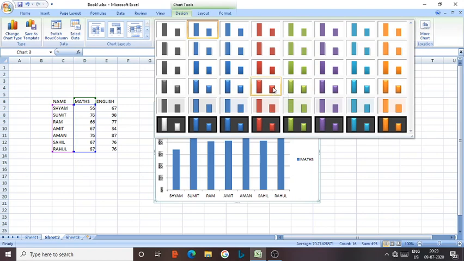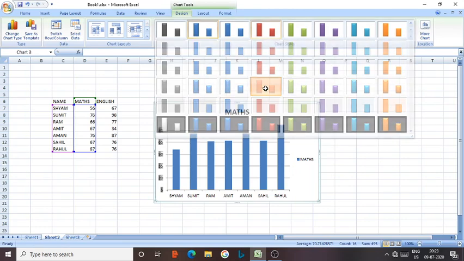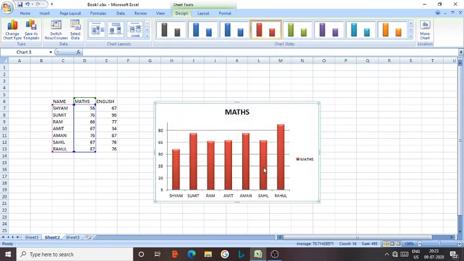Using chart style, we can change the style of the chart. You can select 2D as well as 3D types of charts. I have selected the color and the representation of the bars is changing. In the same way, from the layout you can change the layout of the representation of data in the graph.